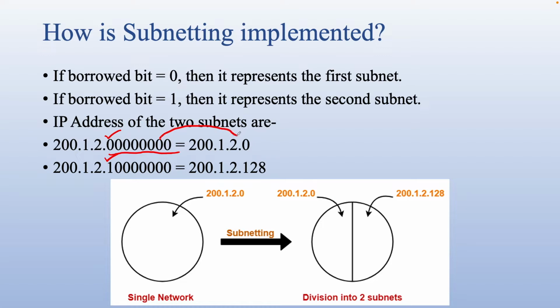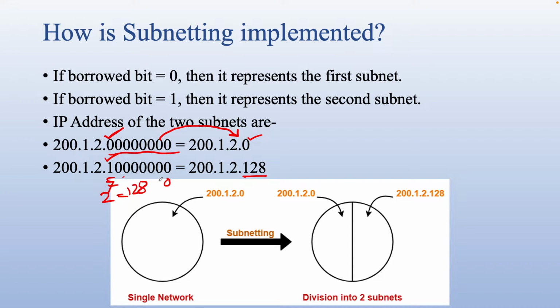If you convert it, it will come out as 0 only, right? All zeros are there. Even if you have fixed this 0, these are 8 zeros in number, so in decimal also it will appear as 0. Whereas if you take this 1 and 7 zeros, then it will come out as 128. Why? Because these are 8 bits from 0 to 7, and 2 to the power 7, if you have fixed it as 1, is 128, right?